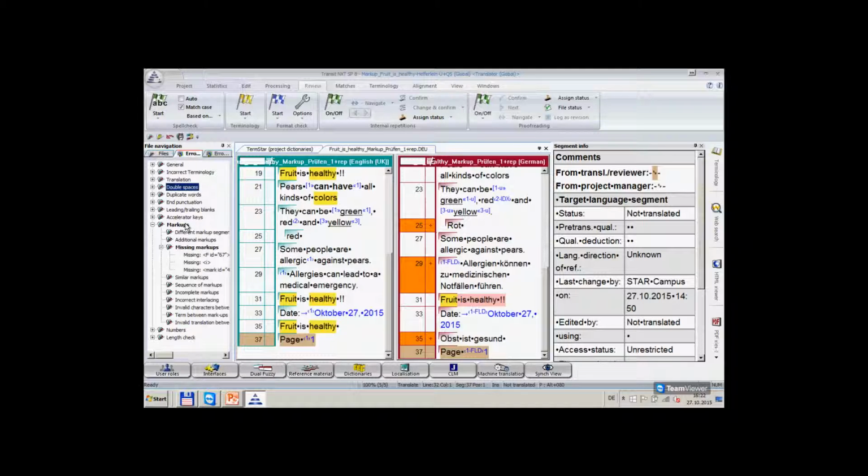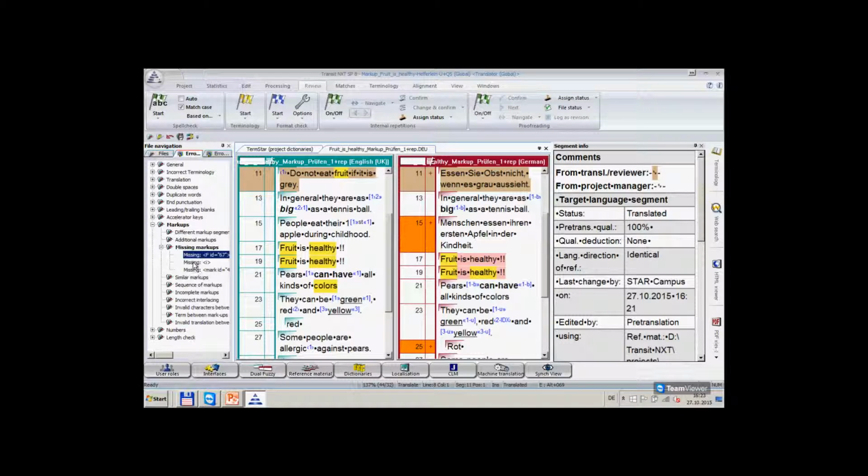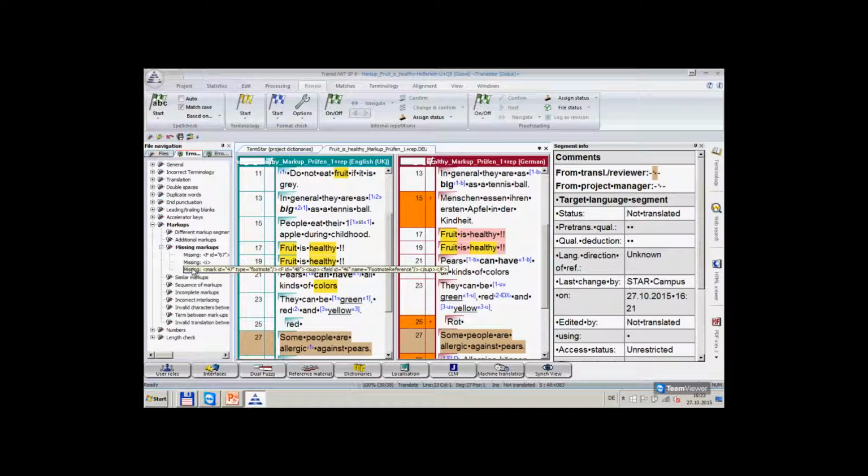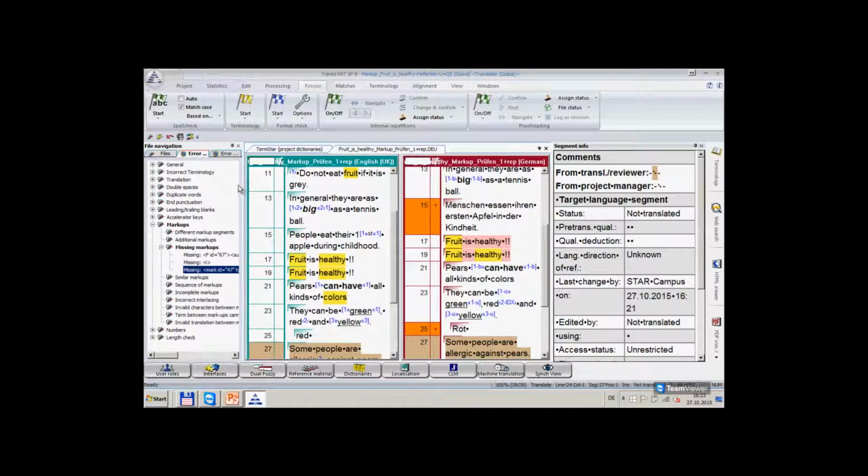I open the markup part, and here are missing markups. And then I can go where the markup is missing and insert it. This is very helpful